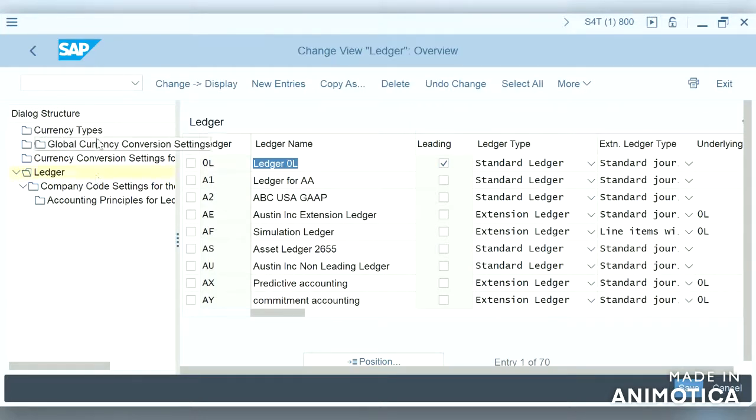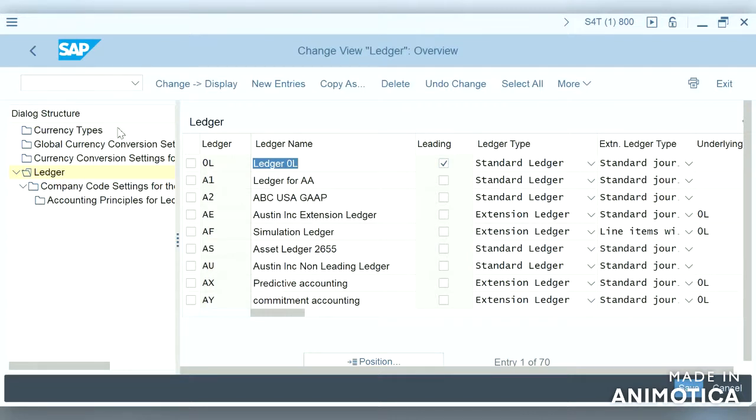That can be done in the company code settings and currency types. We will be doing it somewhere here in this configuration. Now the non-leading ledger. The non-leading ledgers are parallel ledgers to the leading ledger. What do we mean by parallel? Whenever the leading ledger gets posted, the parallel ledgers will also get updated.